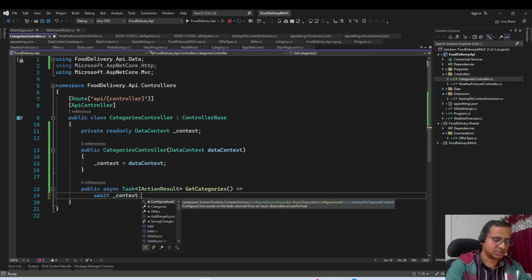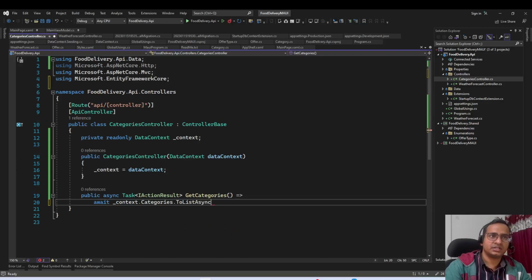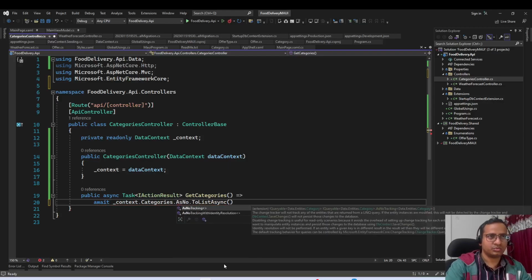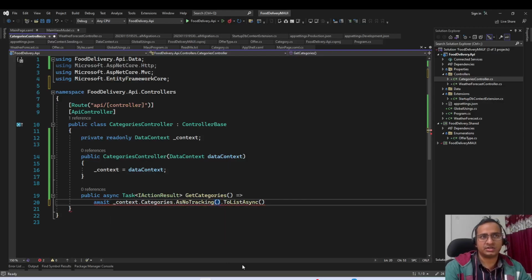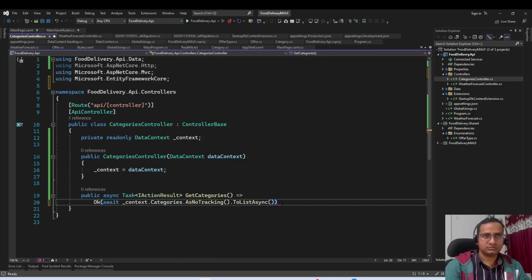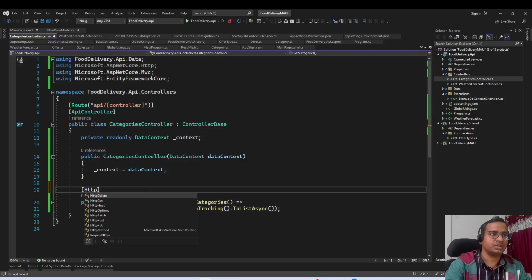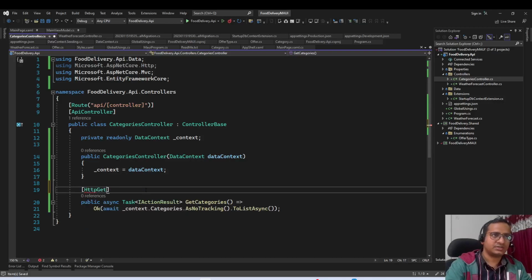Context.Categories.ToListAsync. And because we are not tracking the changes, to make this more performant, we can use AsNoTracking().ToListAsync(). We will simply return this data from this API. Okay, so this is going to be an HTTP GET with the default path, that is